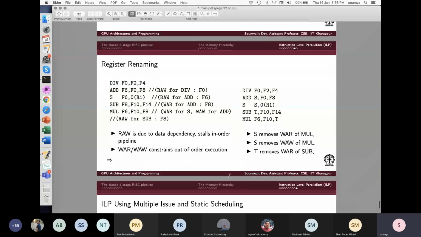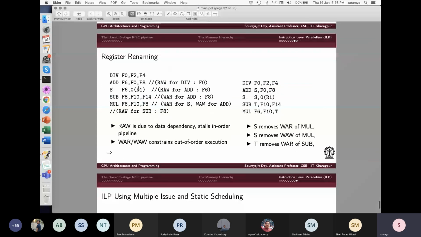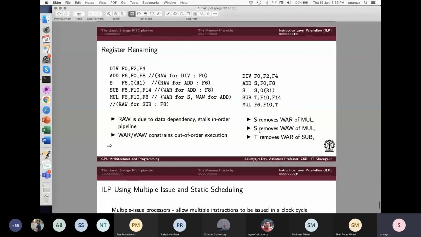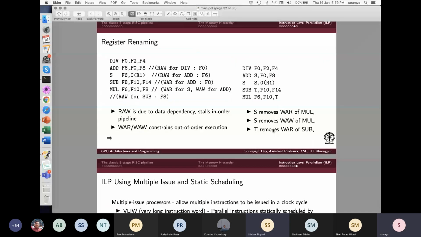Yeah, so next we had some examples of optimizations. For example, one classical optimization is how you can replace registers with some new registers so that certain hazards move out. And we gave a nice example on that. Was this okay? Yes, sir. This basically means that we are using another register. If you have extra registers, you modify the program at runtime with those registers, and that helps you remove the hazards and execute fast.